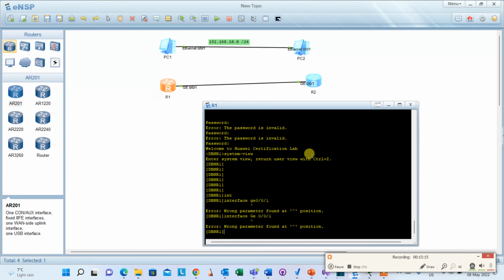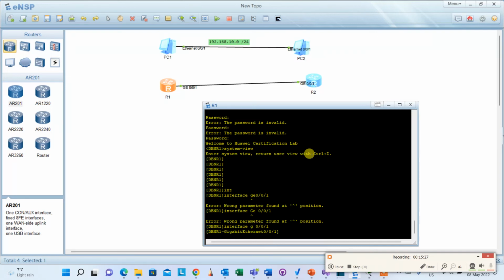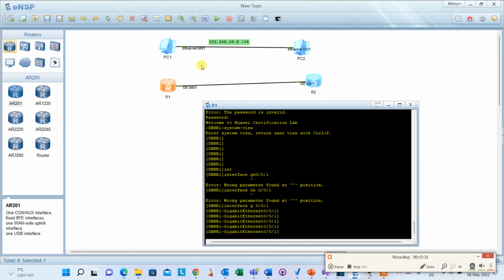GE interface. It's a giga. It wants me to write that in full. Okay, so you see we're inside there, so you can do a G there for GigabitEthernet 0/0/1. So I'm inside the interface there, and then what you can do is you can